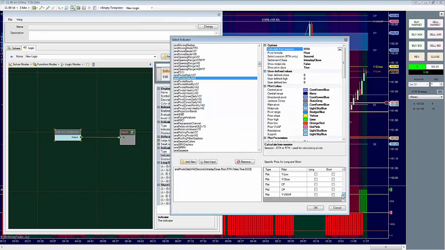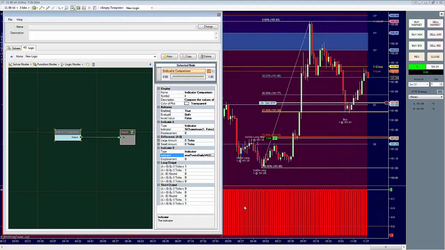And then scroll down to the bottom and it's the last plot. So that VWAP, yesterday's volume weighted average price, is right here. So that's the one we're going to look at here. And you can see it's not showing that bar, well, because it's actually touching. The high is touching